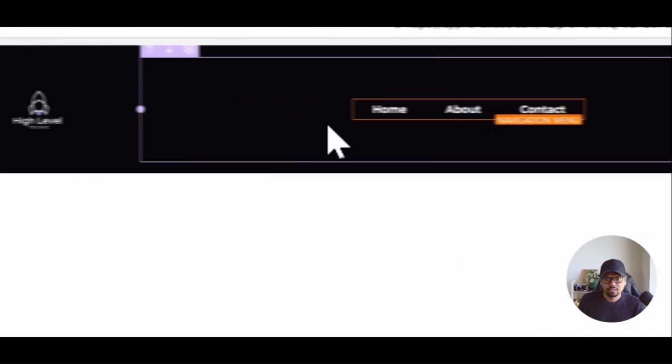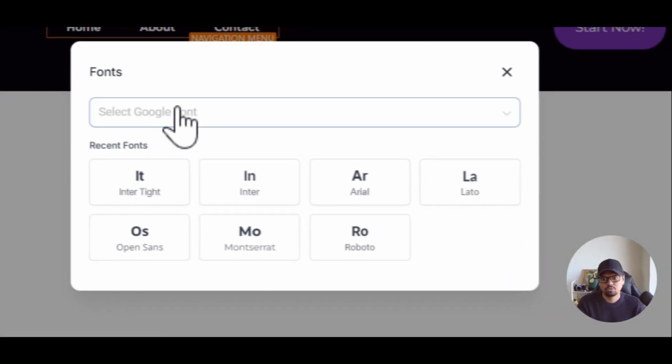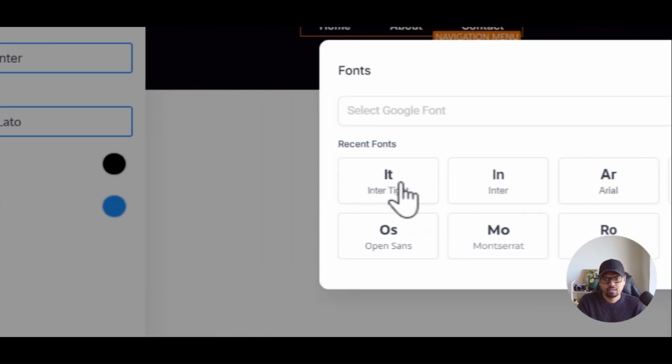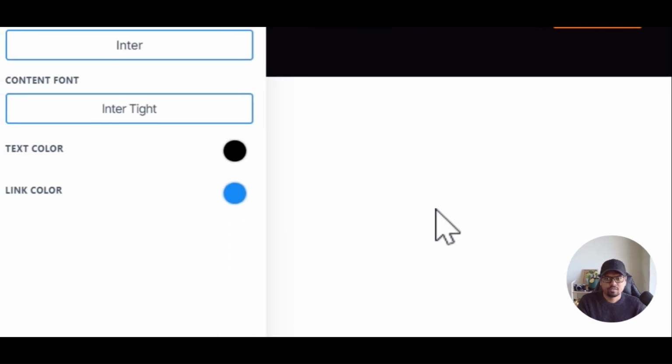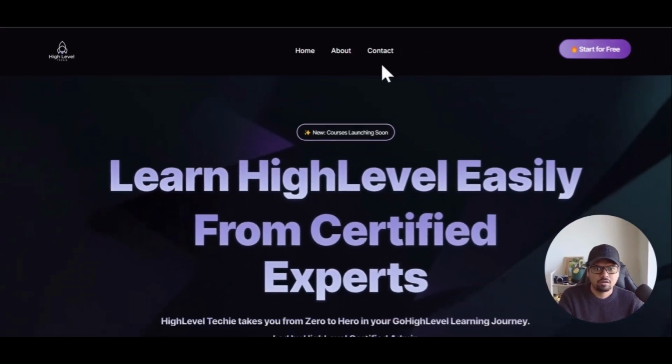So I think the one thing I need to change is the typography. So I go here, the typography is Montserrat now, but what I want is Inter. This is what I'm using, Inter and Inter Tight. Okay. So we have our